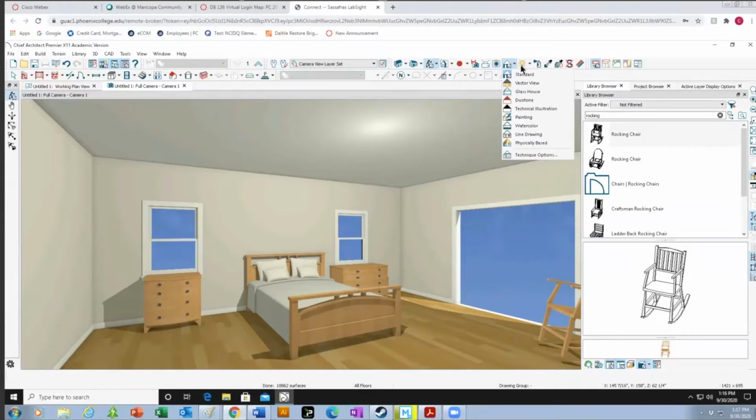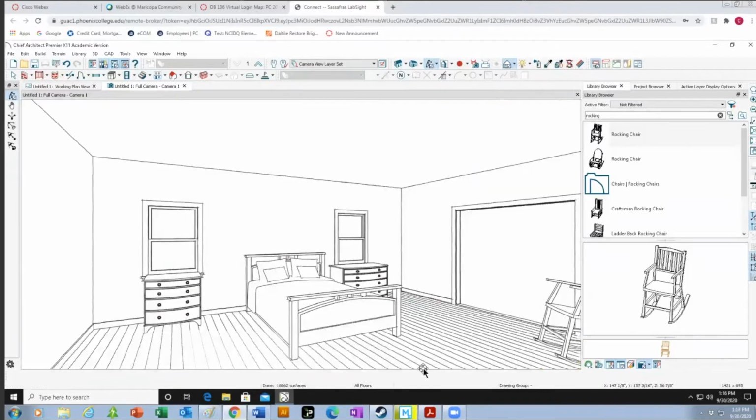I use these often for underdrawings. So if I want to do a quick sketch for my client of maybe what I want to do for a remodel, I could just turn these into line drawings, and these line drawings I could then just place a piece of paper over and sketch real quickly, like if I want to make this a dome or if I want to tile this wall. So I use this